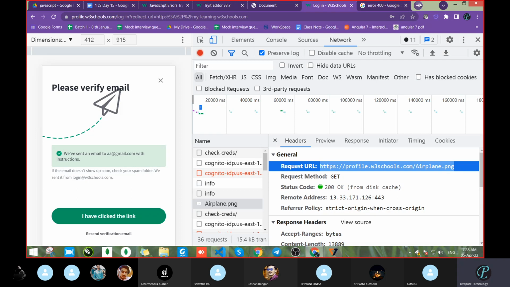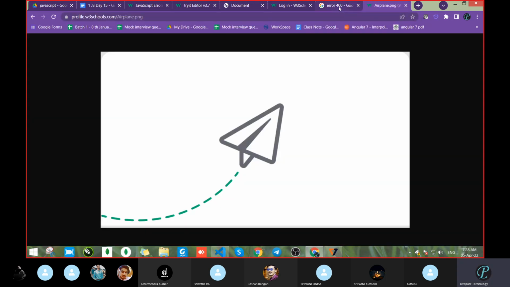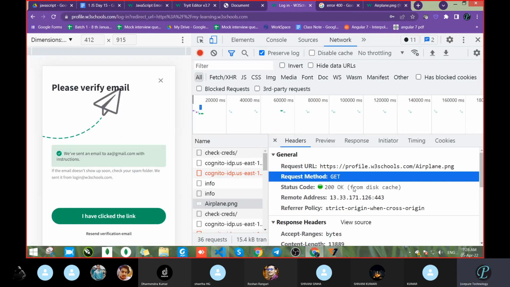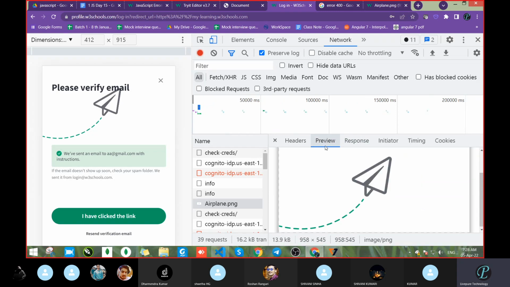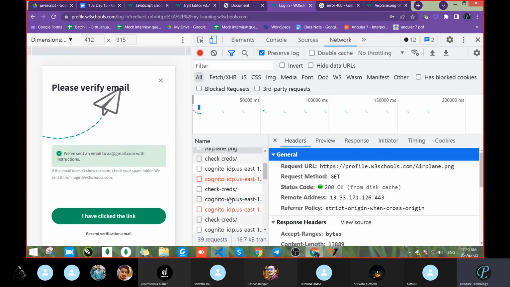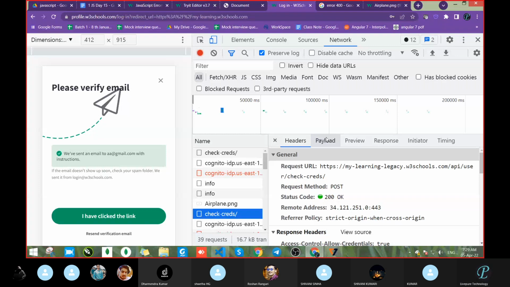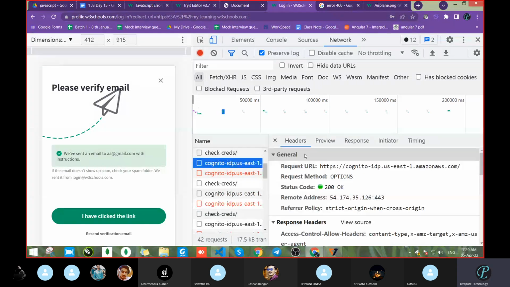You will get that image. Got it? So this way we can copy it if we want anything. So this one is completed. Next, what is the response? The response came as the image, fine. Next, I check a credential. This is something like check CREDS. What they have written, they know. We don't know.